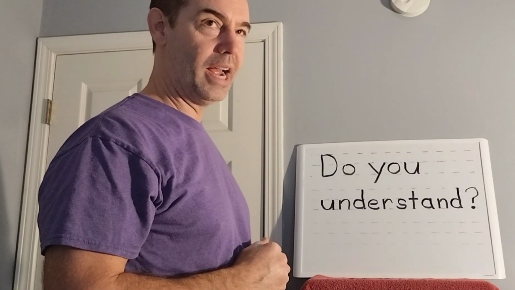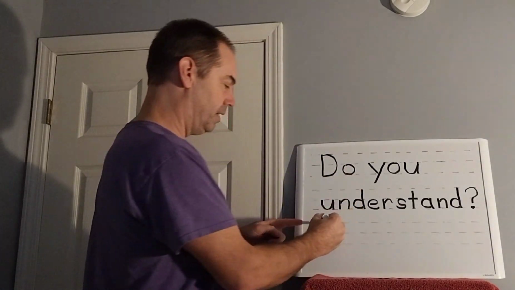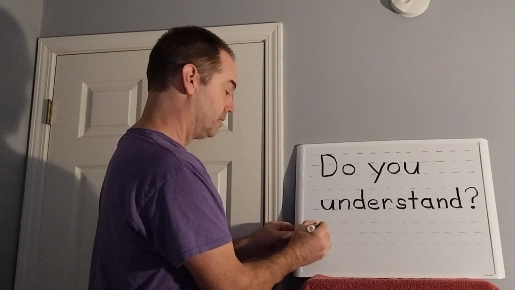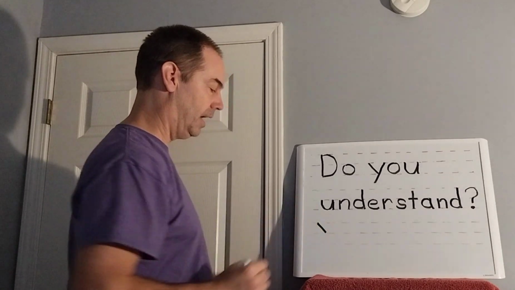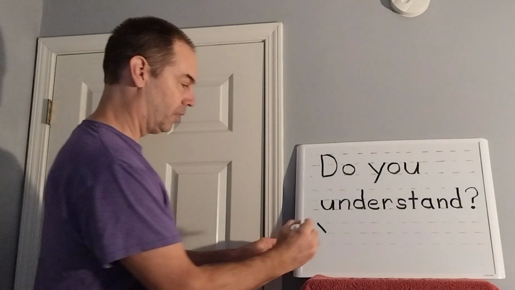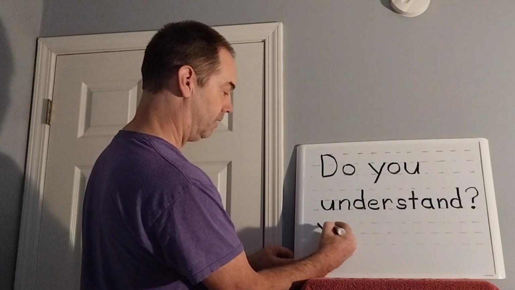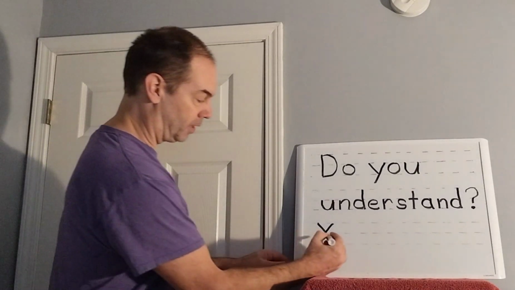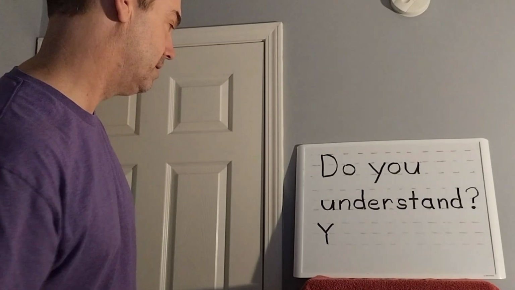We're going to start with the word yes, and that begins with a Y. Capital Y. We start every sentence with a capital. Yes. Start with a Y. I'm going down here. I'm going to make my capital Y. Start at the top line, on the diagonal down to the middle line, and then I'm going to go back up to the top, make another diagonal down to the middle line, and then from the middle line I'm going to go down to the bottom line. So this Y, and it's not a very good one,